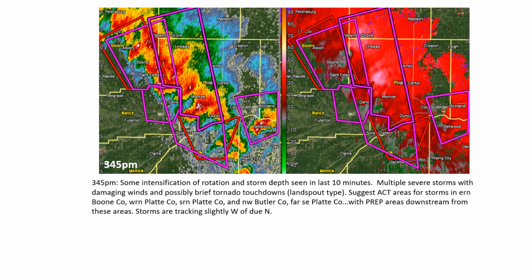Looking ahead in this event to 3:45 p.m., we now are starting to see rotational signatures in the velocity data suggesting potential for tornadoes along with wind damage. And we see, on the left image, an overlap of polygons, somewhat confusing scenarios to try to figure out where the actual hazards are, where the imminent dangers are, who needs to take cover on this radar image. It's confusing just looking at the warning polygons alone.